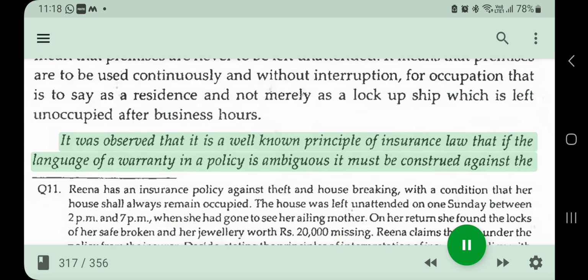It was observed that it is a well-known principle of insurance law that if the language of a warranty in a policy is ambiguous, it must be construed against the